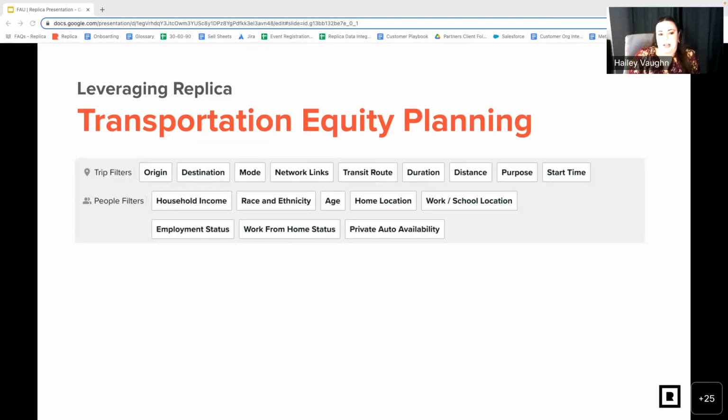So here on the screen is just a quick snapshot of different filters that you can apply in Replica. You can see there are trip filters and people filters, and depending on how you filter down the data, you can inform transportation equity initiatives of all kinds. Now I'm going to go ahead and dive into a few sample questions related to transportation equity that can easily be explored in Replica's